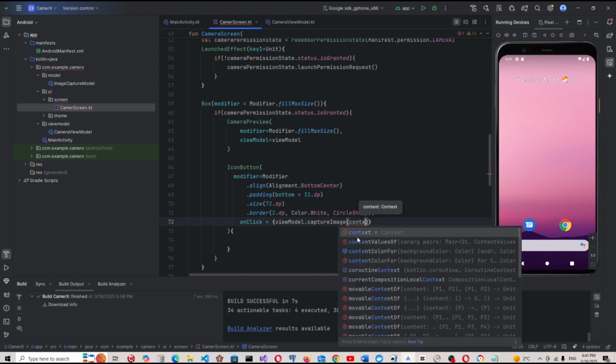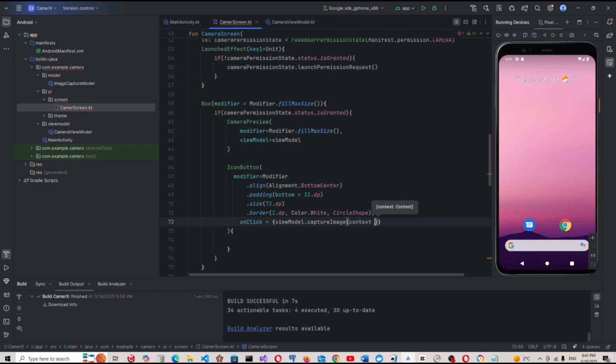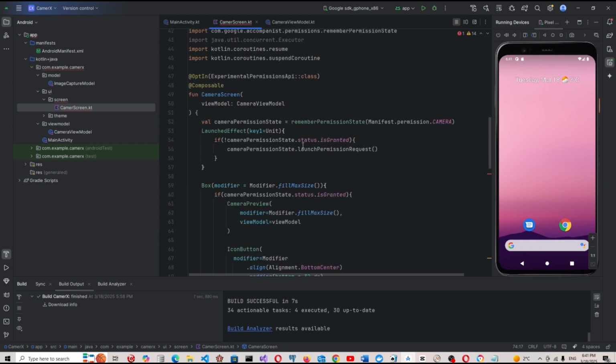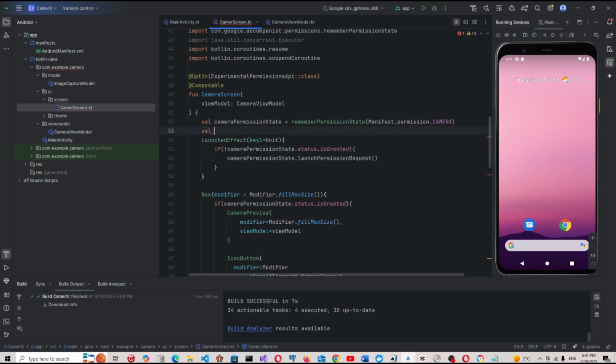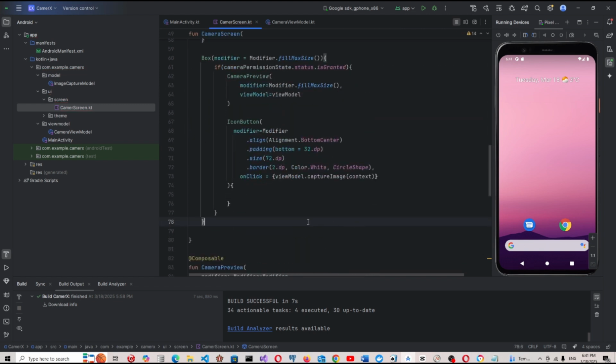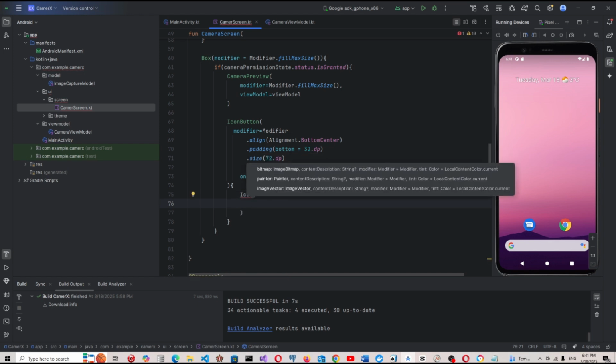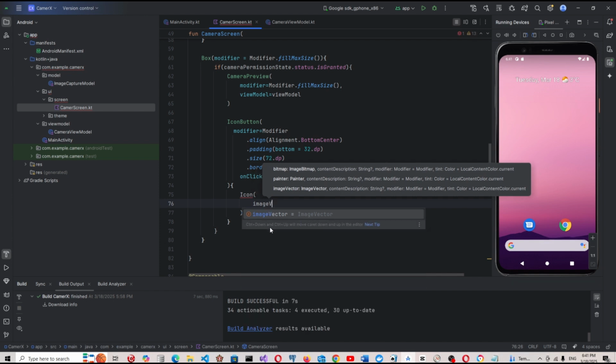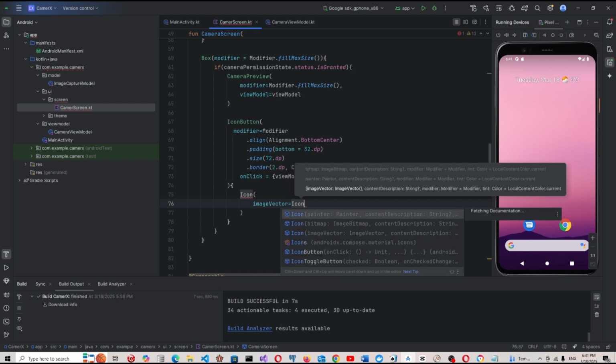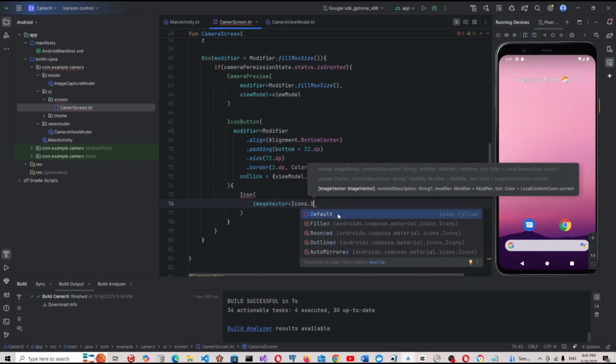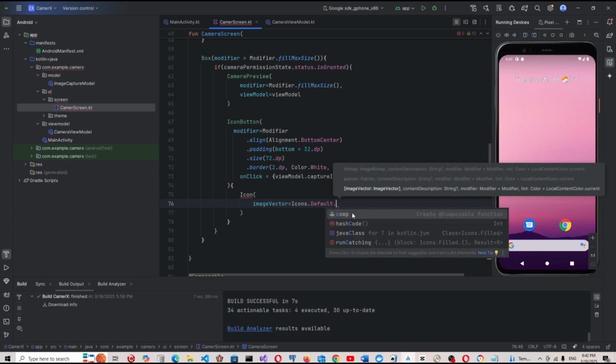pass the context. Context equal to local context current, and icon for this button, image vector, Icons dot Default dot Camera,